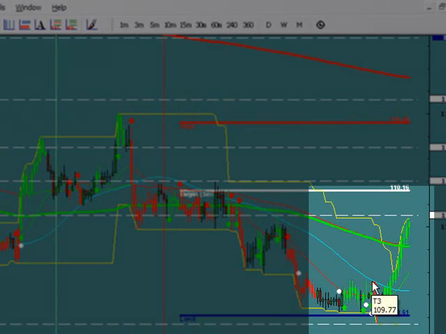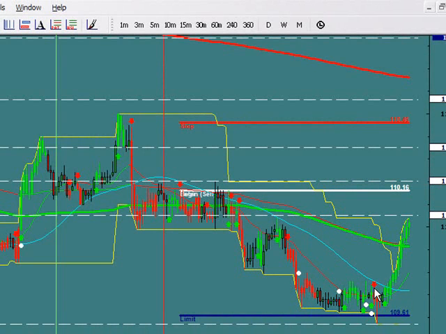Now, notice this one right over in here. This is what I want to draw your attention to. We still get a signal, but because we know that the target is right here for 55 pips from here, and we also know the 618 is here, this is a trade we would not trade. And remember I said earlier, it's just as important to know when not to trade as it is to know when to trade. And most retail traders, because they don't know where the target is, they take trades right in